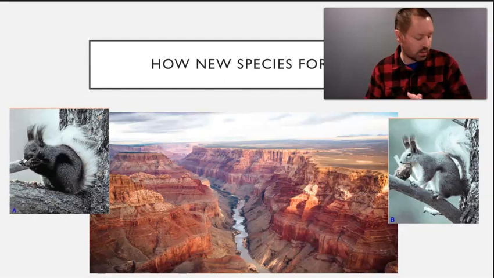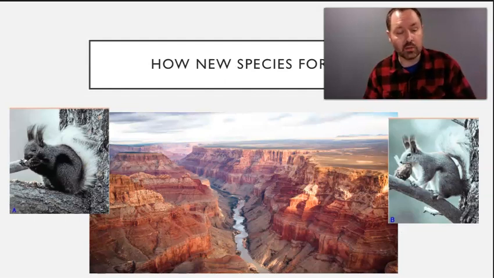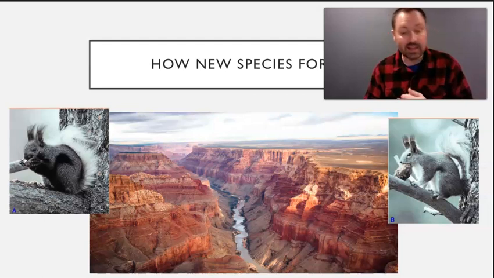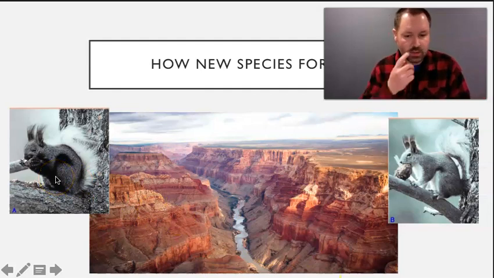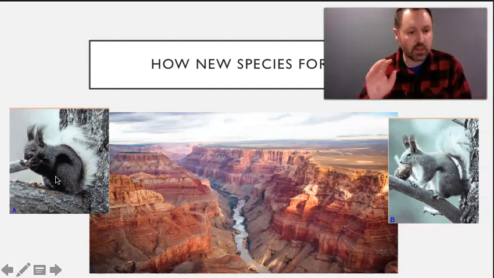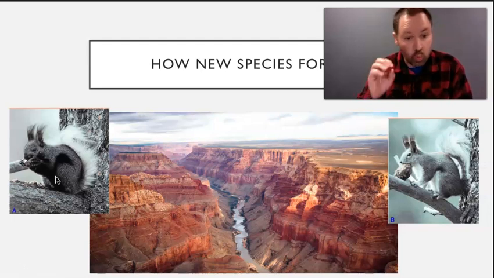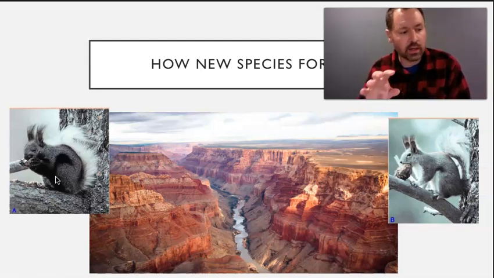Let's move on to some of the stuff in your textbook on 388 and 389. You were supposed to read about the Kaibab and the Abert squirrel. And our textbook is making an argument here that we might be making a new species. So on the left, it's either the Kaibab or the Abert squirrel. I'm not sure which one's which, but the theory is originally there's one generic squirrel that could essentially live in the area where the Grand Canyon was.